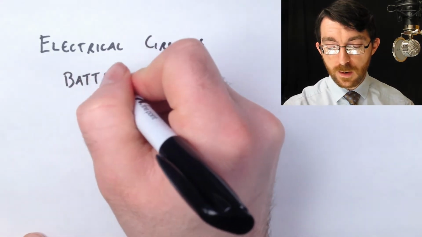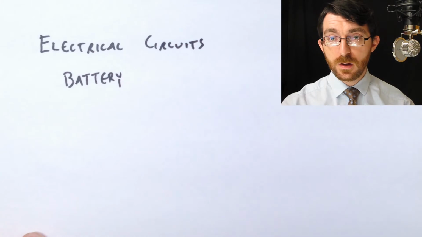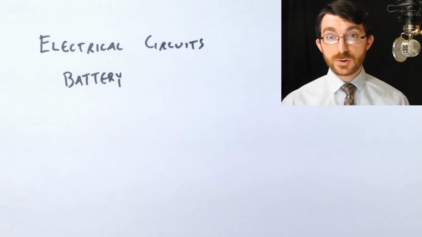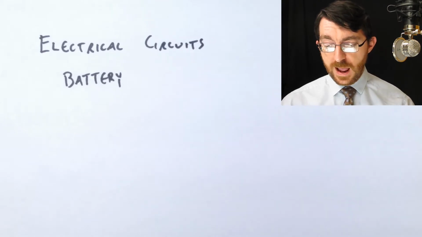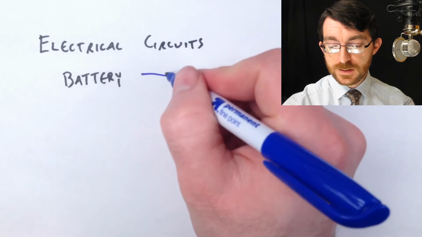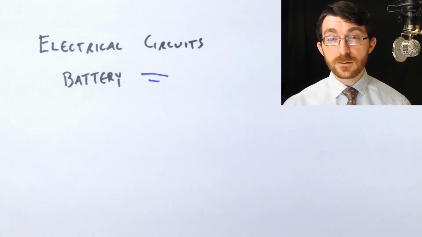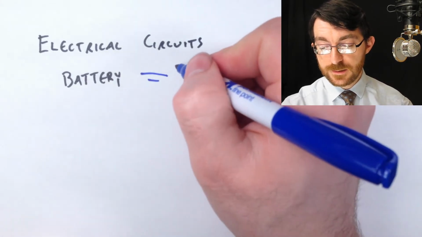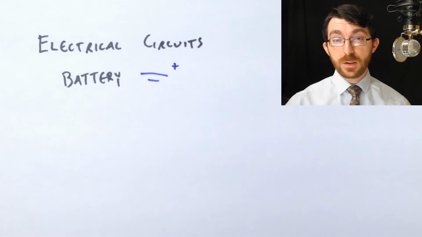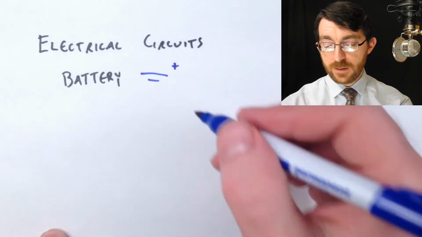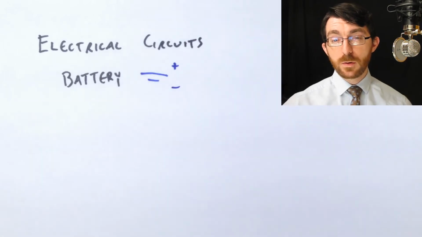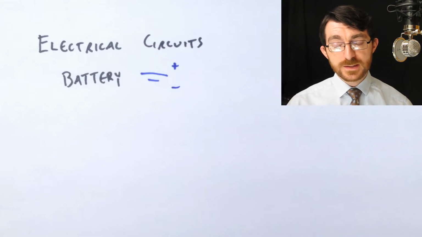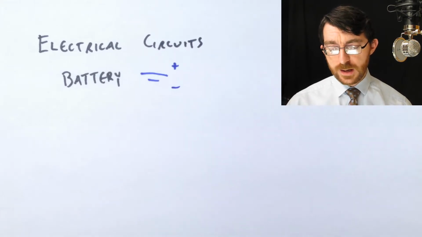You know what these are because you live in the 21st century. Batteries are a source of energy that's going to drive this physical system. And the symbol for a battery in a circuit diagram is this. It's two lines, a long line and a short line that are parallel. And the long line represents the positive terminal, the plus side of the battery. And the short line represents the negative terminal or the minus side of the battery. Any battery that you look at should have a plus on one side and a minus on the other side,